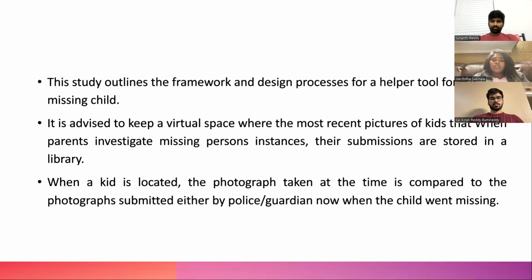So the pictures are processed and the facial features will be forwarded to the KNN classifier, which is used to recognize the facial features, and we'll get the comparison result using that. If the match is found, a message will be pinged to the nearest or concerned authority. And if there is no match found, or if the picture that the user gave is not relatable, it would mention no match found.